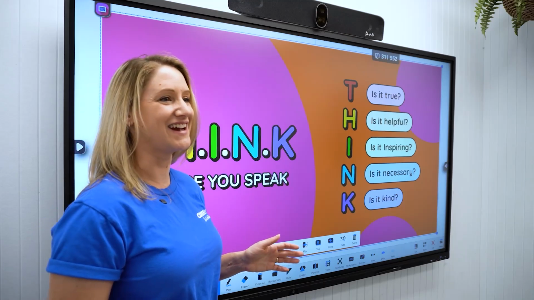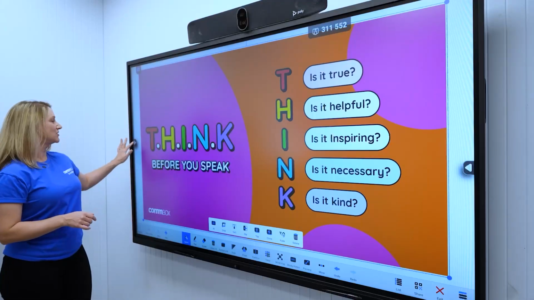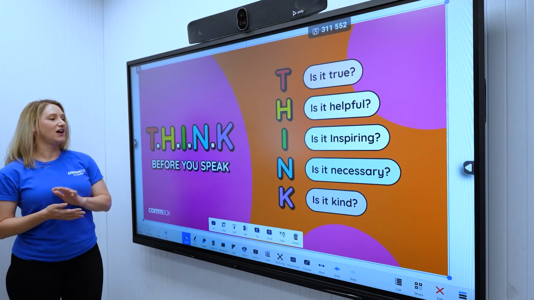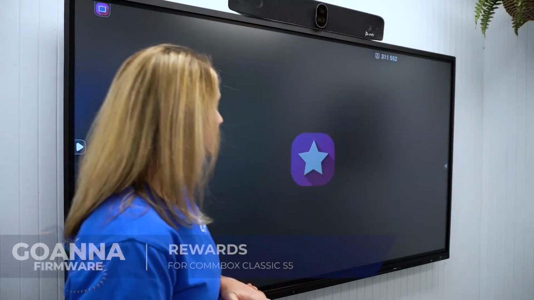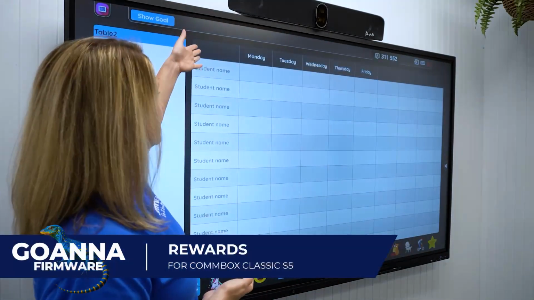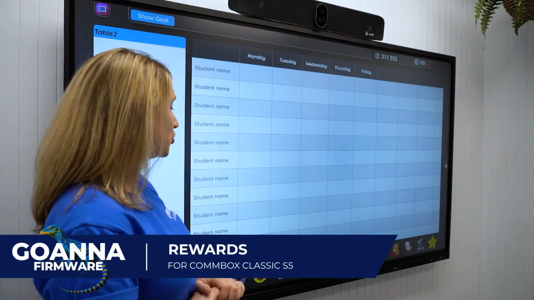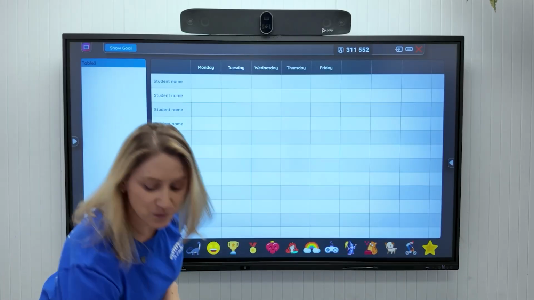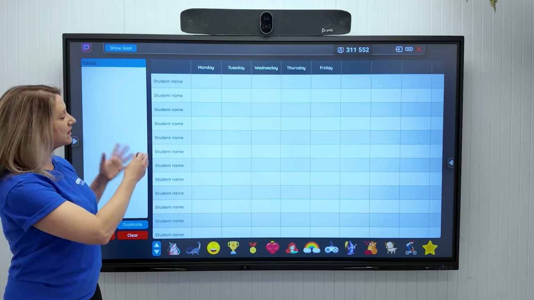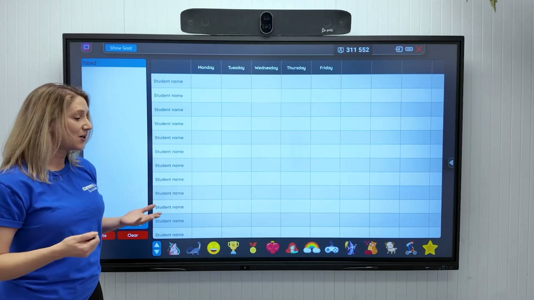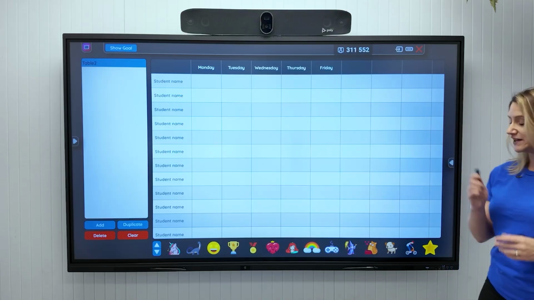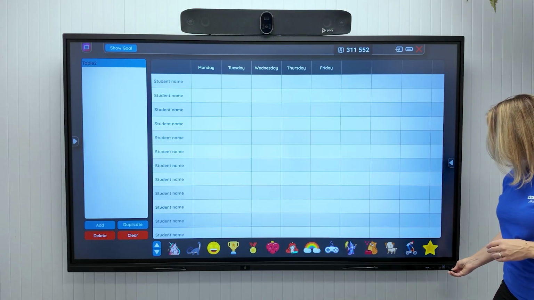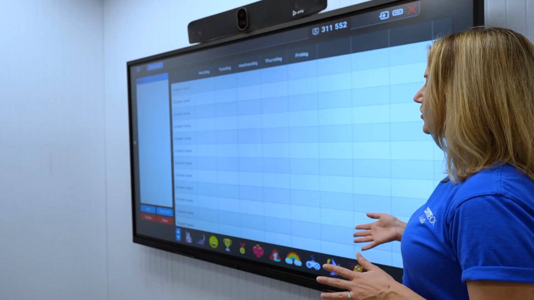And now another exciting update for our tools. So again, our CommBox crew spoke and we listened. So I'll tap into the rewards one here and you can see you can have a number of student names here. Previously, you would have to type every individual student's name and our crew told us that that was taking too long. So what we have done is we've been able to update this so that